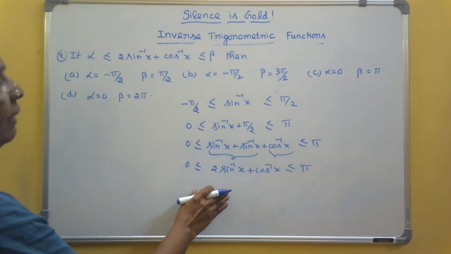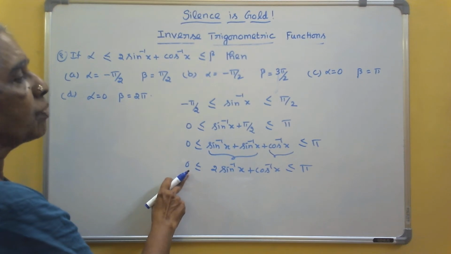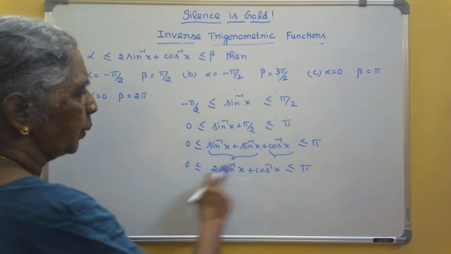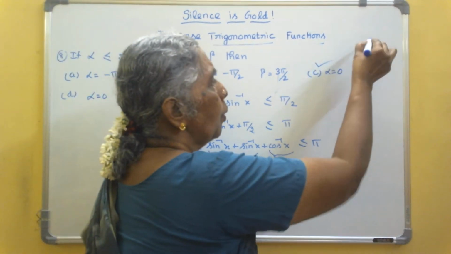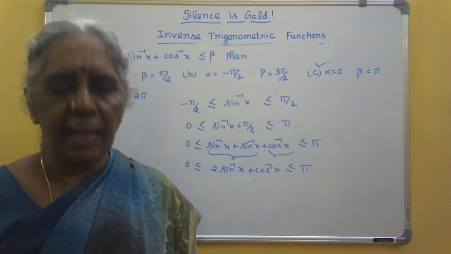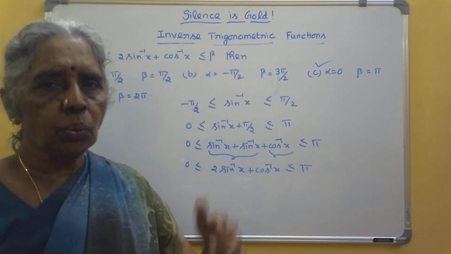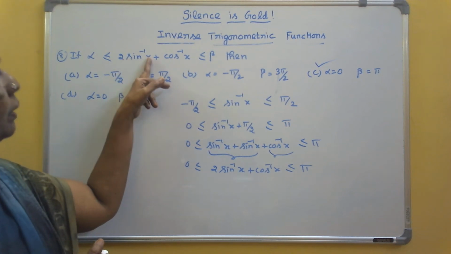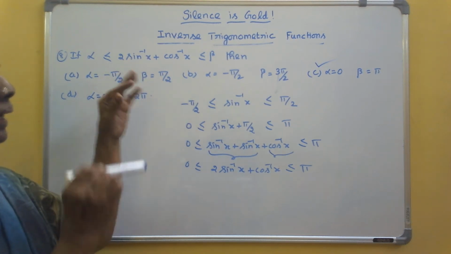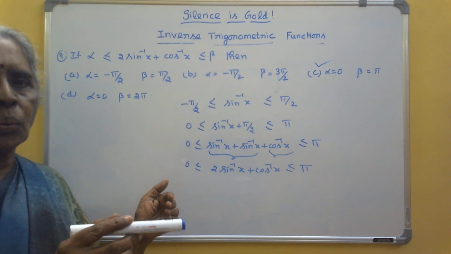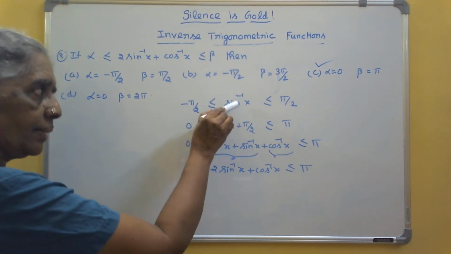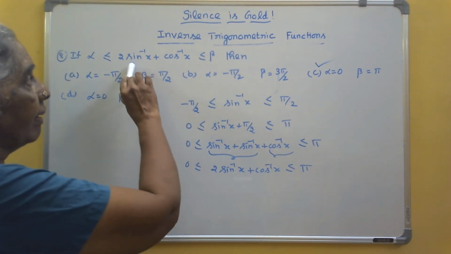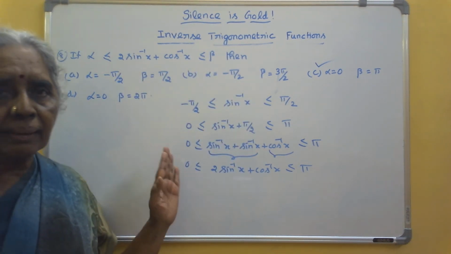Now just compare it. Here in the place of alpha you have 0, in the place of beta you have pi. So alpha is 0 and beta is pi. So the option C is correct. So for this sum we have to start with sin inverse x. Or here, you can even write it as sin inverse x plus pi by 2. So from that also you can start with sin inverse x and then add pi by 2 and get the answer. Either here itself you can know or from here. Is it clear, this sum?